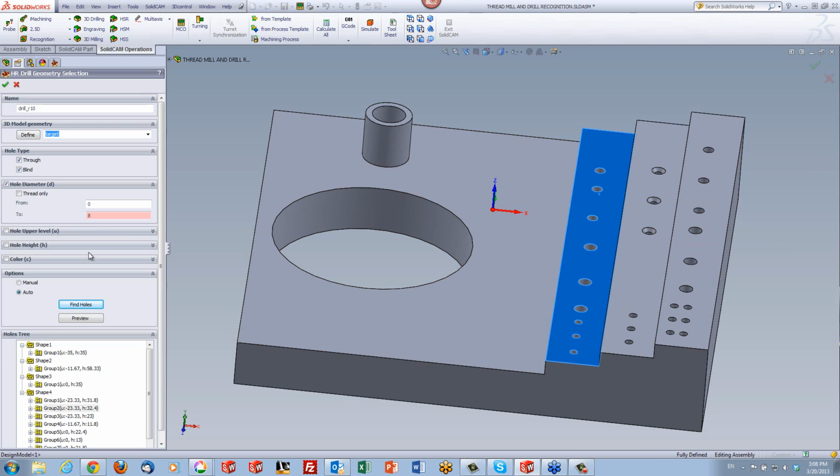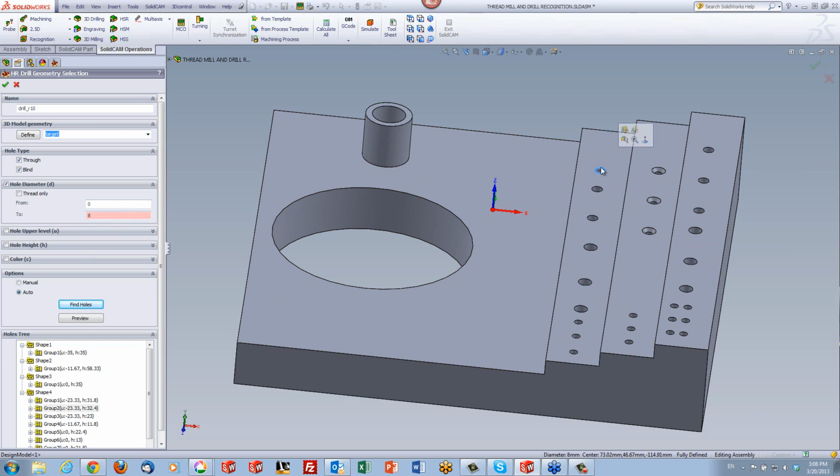When I pick this one over here, let me put my cursor over there and then pick that hole. It shows it at 8 millimeters. If I were to pick this one, 10 millimeters. I can pick it directly off the part. So my minimum will be 0, my max will be 10. If I click on Find Holes now, you'll note